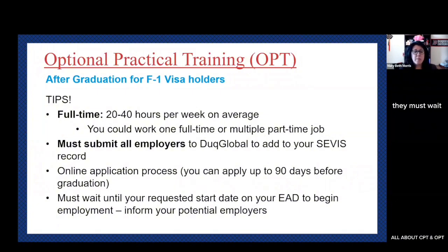Once they've applied, they must wait until the requested start date. So when we apply for the OPT, you choose when you want to start working. It has to be a date after graduation and no more than 60 days after graduation. So once you've got that date set, then your EAD card will have it printed and you can only start